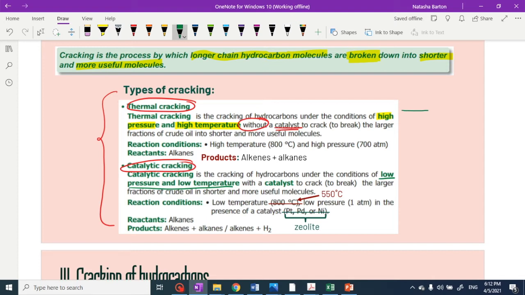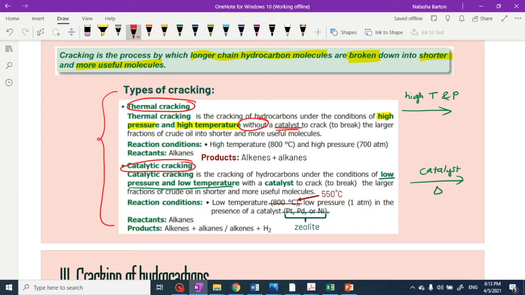If we look at an arrow in a reaction of thermal cracking, you're going to see we will write down high temperature and pressure. But when we are looking at catalytic cracking, we're going to have some catalyst and we are going to have some amount of heat provided as well. You're going to be able to know whether it's thermal or catalytic cracking based on the reaction conditions. Your textbook is not very specific about which one forms what, so just know whenever we have cracking,